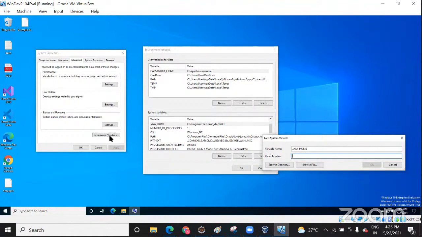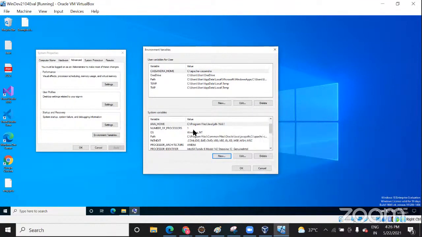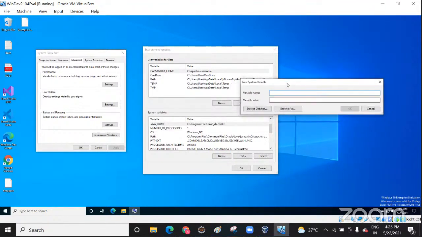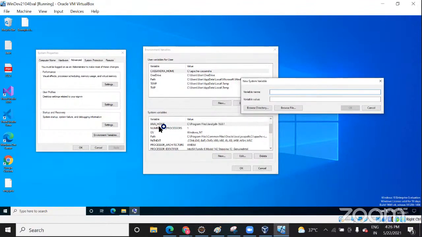When you click on this environment variable, it will open. Now you need to click on this New button. When you click on this, it will ask you for what variable you want to set the path. So you want to set JAVA_HOME.